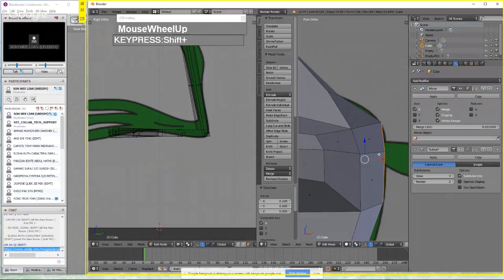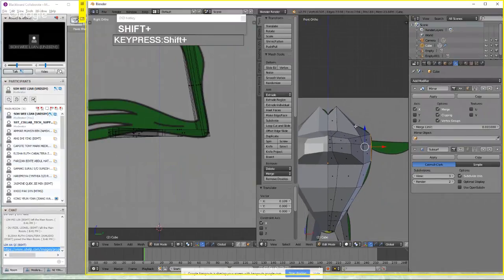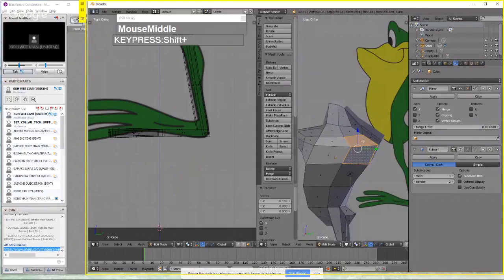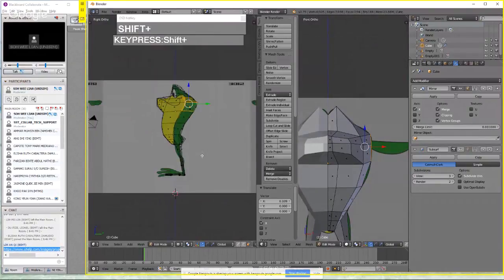But I don't want to do that because I do not want to add too much complexity to this already very simple looking model. So I'm going to go straight ahead. I'm just going to extrude straight from these two faces. Okay, these two faces are now selected. I'm going to press E to extrude. Just a small portion, and then I'm going to press S followed by X and 0 to flatten,